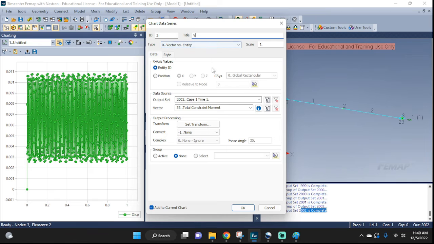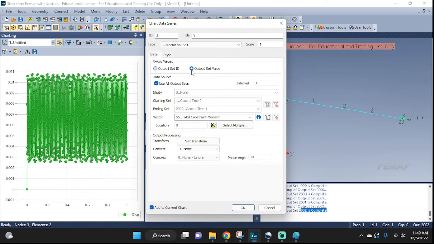Title, I'm just going to call it the V, vector versus set, output. I'm going to click this off. I don't want all of them, so you have to make sure you select, because we have multiple analyses now, right? So we don't want everything displayed, we want the second one,